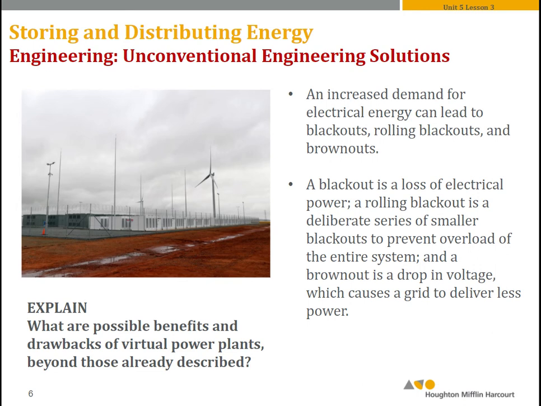For example, our grid is becoming more and more dependent on things like wind power and solar power. Well, if you had a grid that was totally dependent on solar power, then when you don't have enough sun to supply the grid with power, it would only last as long as your batteries, and then you would have blackouts. If we had a grid that was totally dependent on wind power, then if the wind isn't blowing, you don't